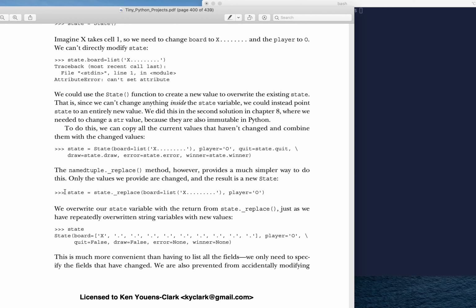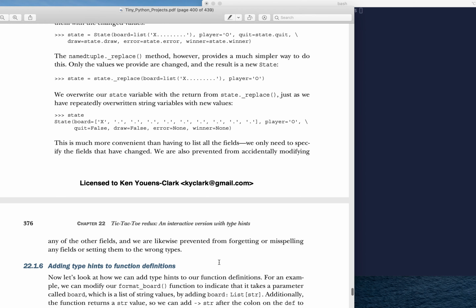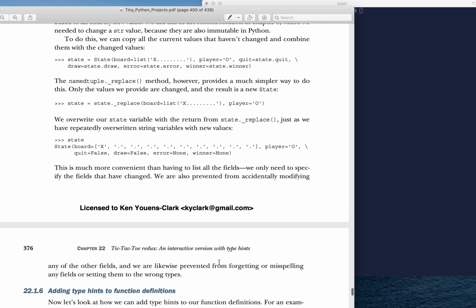And when I want to update my state, I'm going to use state replace. And so in here we see that now state has been updated, and quit was false and draw is false because those were the values from the previous version of state. And that's how I'm going to keep track of how my state changes on each turn. So think about those ideas.